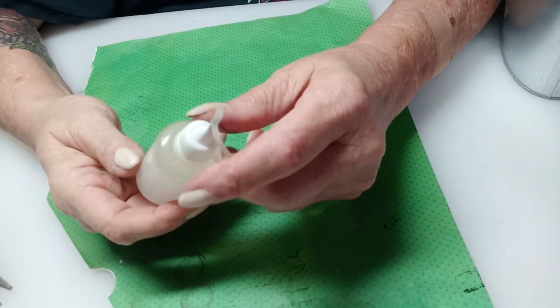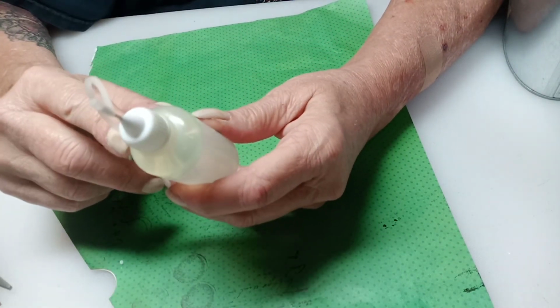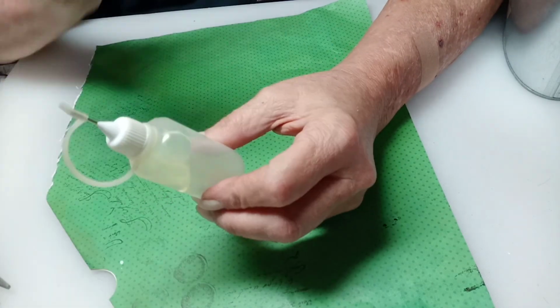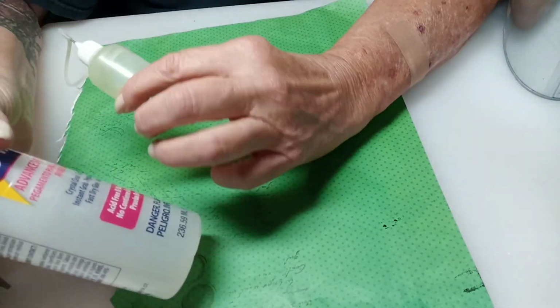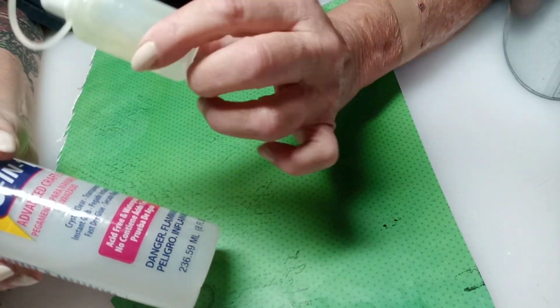If you have any of these little bottles, and you can see that this glue is kind of set up in there, I actually put some of the 3-in-1 glue that I use for fabrics in here. And the fabric glue that I showed you is not water-based. It's acetone